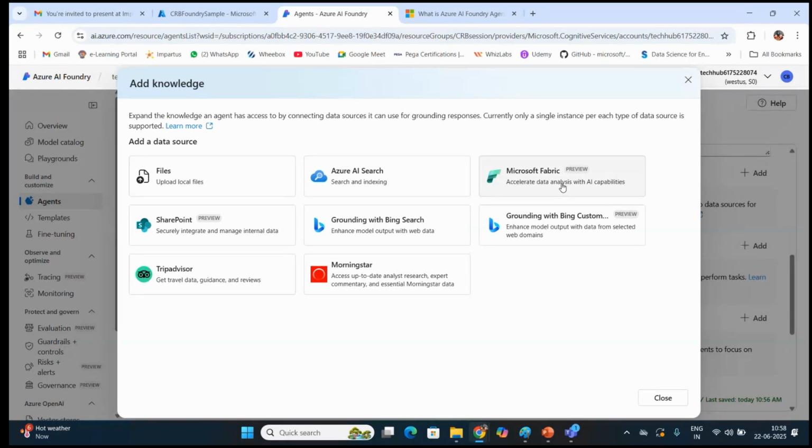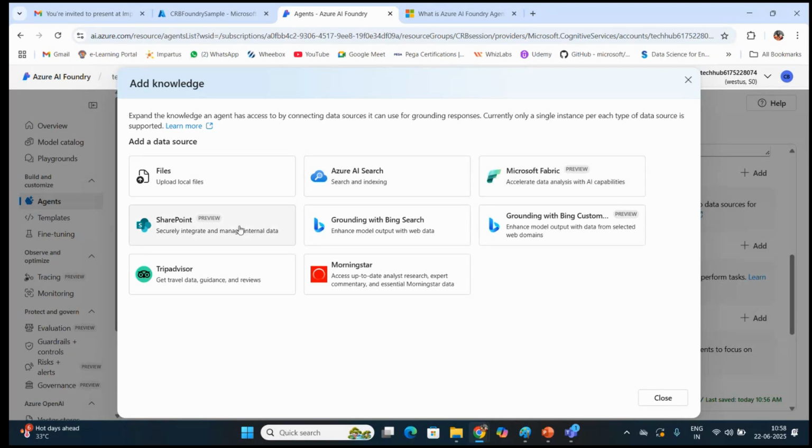Say your data is already in some data engineering job, where it has already gone through some cleansing, and then it was connected with Fabric. Then you can get that data connected to your Azure AI Foundry, and that can be used for the preview as well.